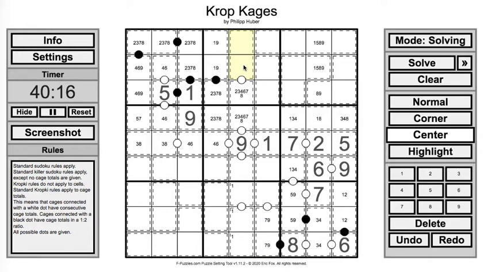But this one has to be 11, can't be 9 and 2, so it has to be 3, 8, 4, 7, or 5, 6. But what we do know, and what we have realized in this, is that the 8 has to be in one of these 4 cells. That's basically the result of having an 8 cage and a 7 cage down here, where we can put the 8 in. So the 8 is in these 4 cells, and this has some effect on this cage because obviously we need